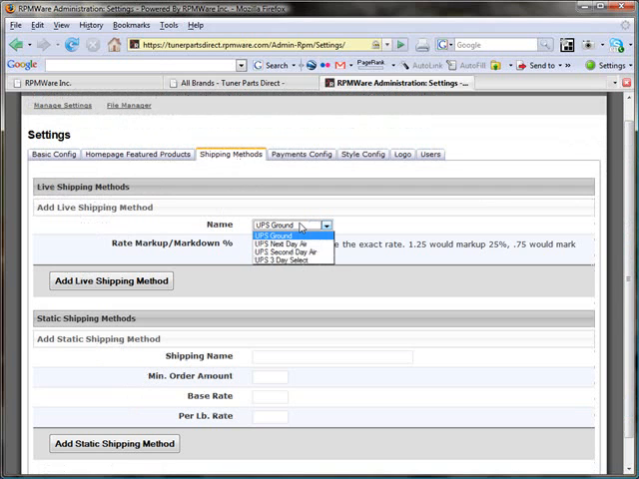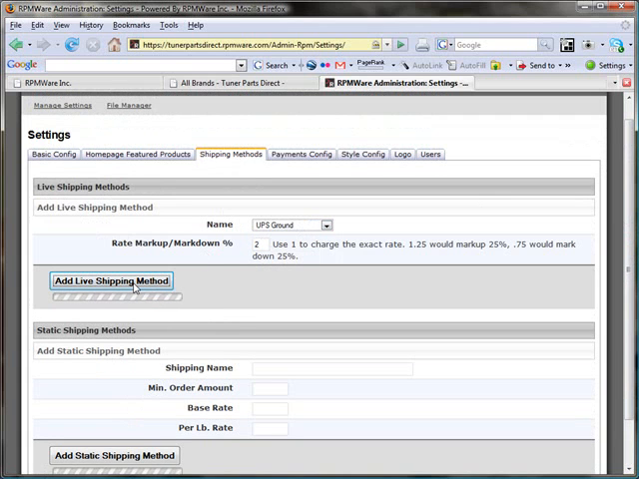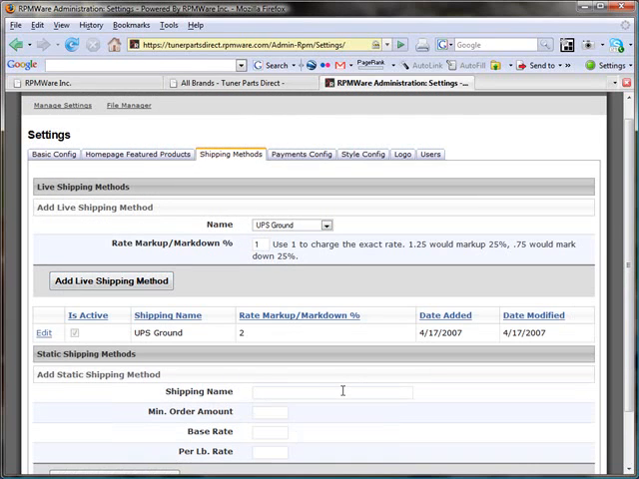We'll go over to shipping methods. We offer live UPS rates, and you can mark up or mark down your rates by any percent. I'm going to select ground, and I'm going to double the rate so I can make some extra money on shipping. You can also set up static shipping rates, where you specify the minimum order amount, the base rate, and the per pound rate,